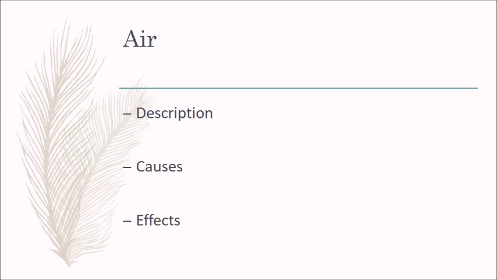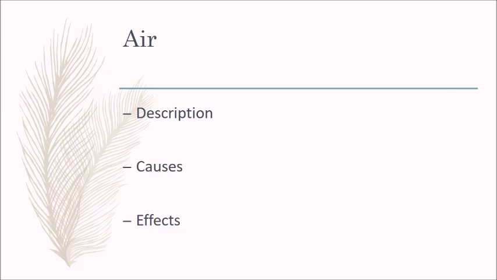Now, we're going to talk about air pollution. Air pollution is the introduction of particulates, biological molecules, and other harmful substances into Earth's atmosphere, causing disease, allergies, and death to humans, and damage to other living organisms such as animals and food crops, or the natural or built environment. Air pollution may come from anthropogenic or natural sources.